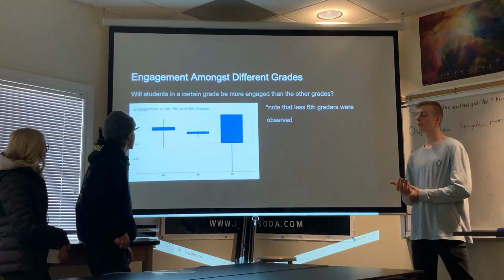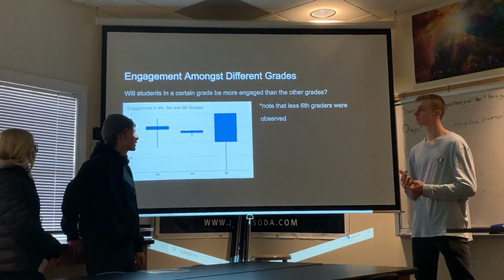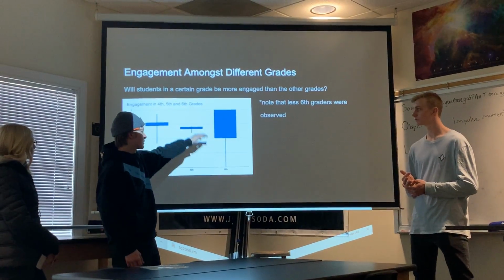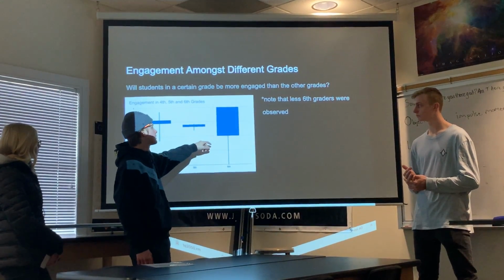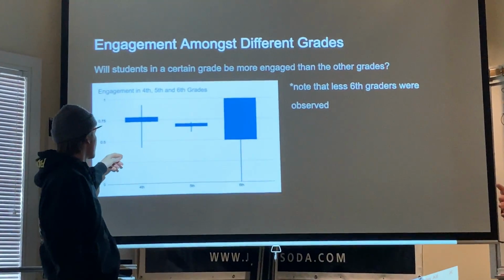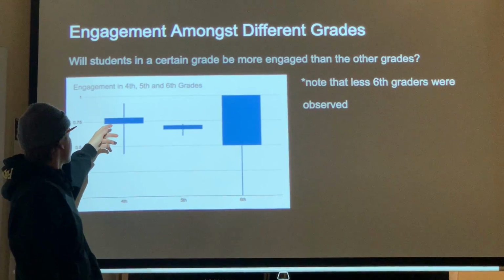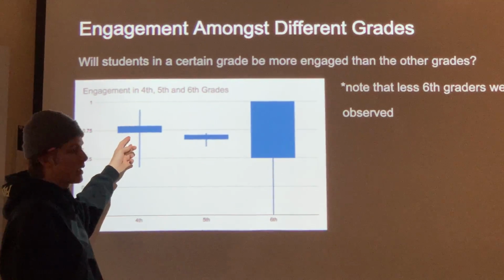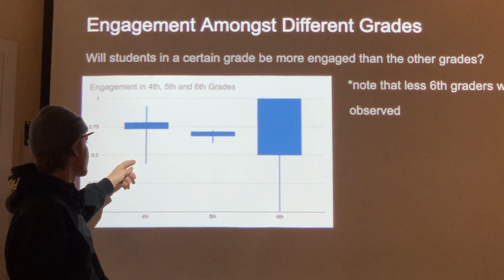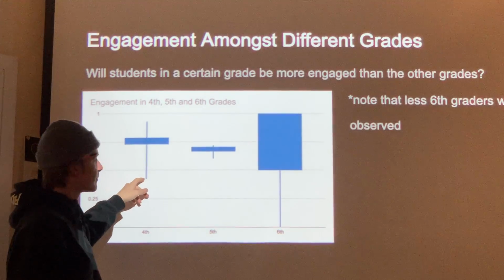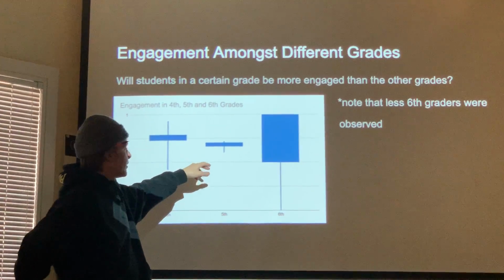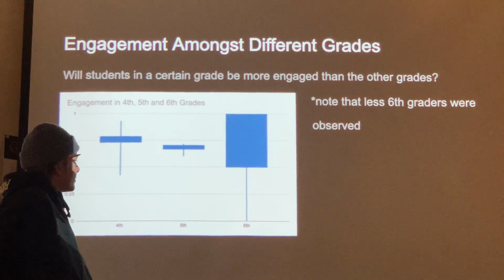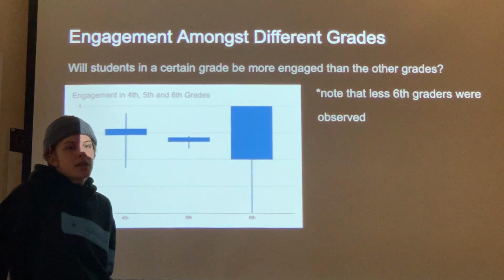Okay, so this is the engagement, but broken up by grade. Since it's in that same box plot form, you can see the spread with the small lines and the big lines. What this is showing is that for the 4th grade, about 75% of the students were just above 75% engagement, and then the lower 25% dropped all the way down to about maybe 45% engagement. The 5th grade had less of a spread, and 100% of their engagement was between about 60 and 70%.